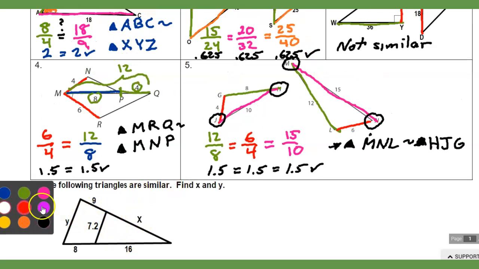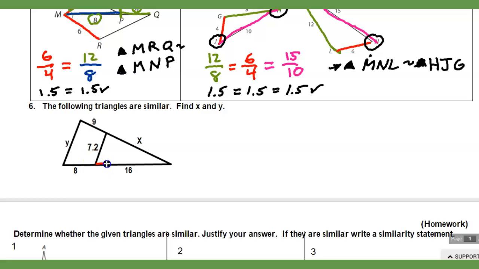Okay, so just be careful on here. You want to find one set of corresponding sides that you have numbers for, not variables. So I'm going to use these two. So I've got my small triangle here. Now for the red, the length is 16. What is the length of the green? Yeah, 24. So like the other example above, you can't just take 8, because that wouldn't be the length of